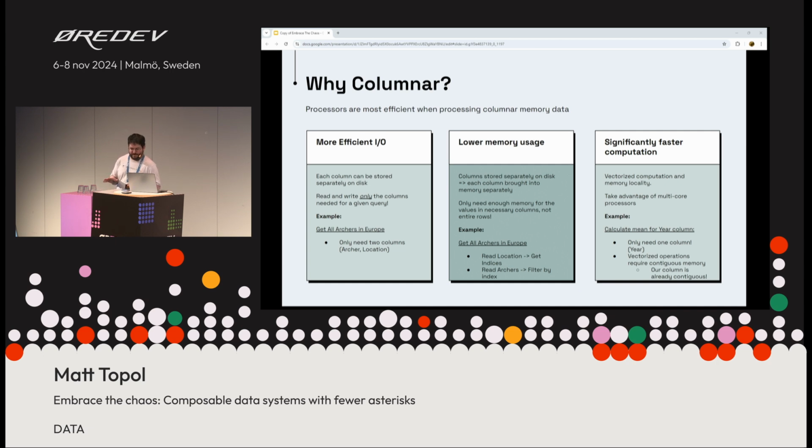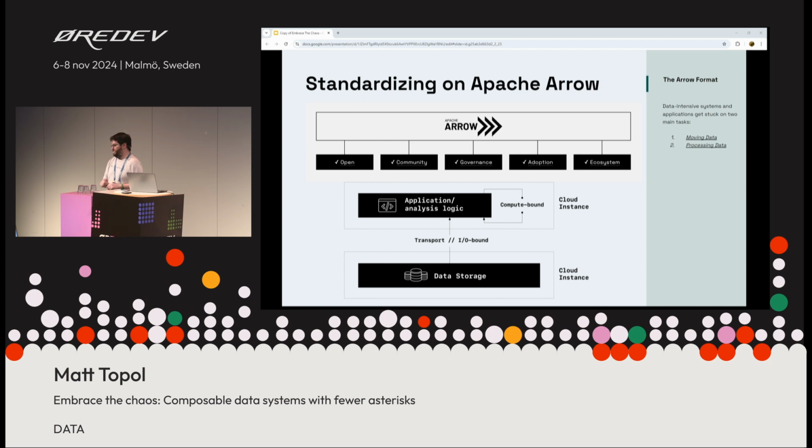I'm going to rush through this a little bit because I'm running low on time. Now, I did say we had to go over what makes a good standard. I gave you a bunch of metrics to use for what makes a good standard. So if you look at Arrow, it's open source, Apache licensed, with a vibrant community. You've got nearly 1,000 unique contributors on GitHub. You've got 13K stars. So it's a very active community. It uses the Apache governance model: PMC, committers, and so on.